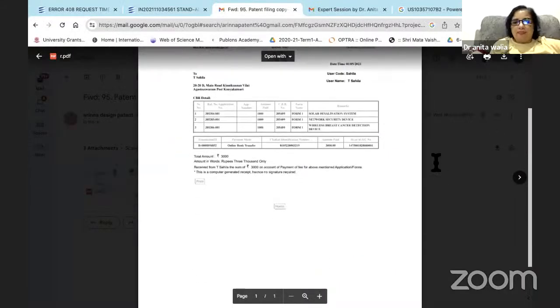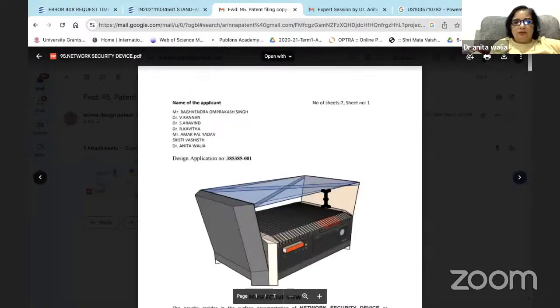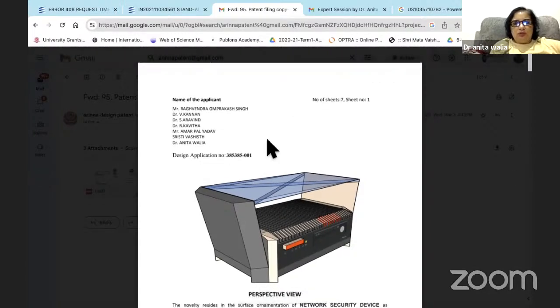Again, this is the idea not by me, but we have collaborated together and done this. So this is a design patent I'm talking about.